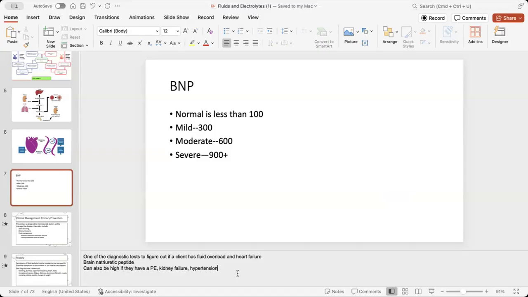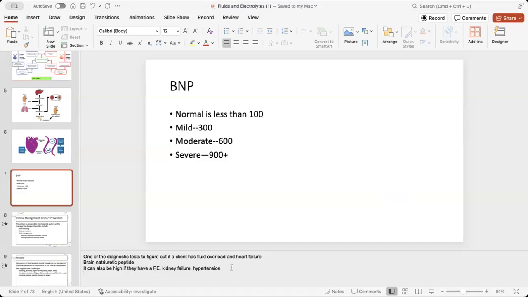Right? If a patient comes in with a BNP of about 300 or so, they're in mild heart failure. Moderate is 600, severe is 900 plus. It might be 10, 12, 15, 20,000. It can be quite high. The patient is in